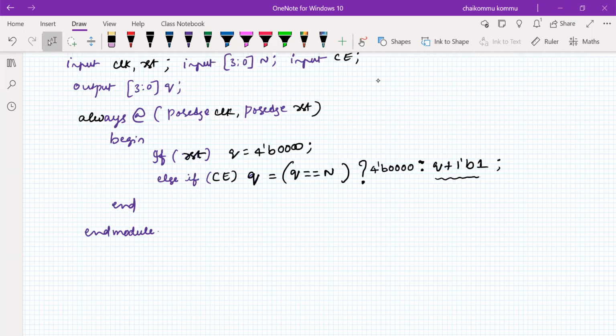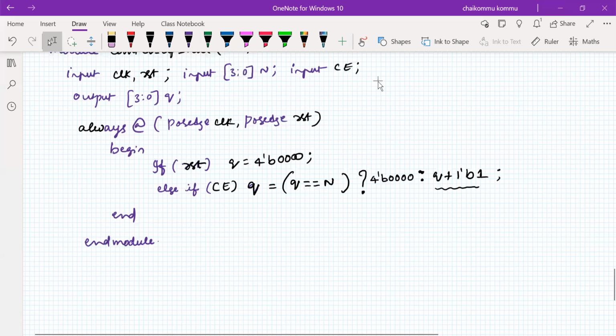Okay. So therefore, can anybody say whether count enable is an asynchronous input or a synchronous input? Anyone from the class? Is count enable synchronous to the clock or asynchronous to the clock, depending upon whatever I have written here? Anyone from the class? So count enable here, if we see, count enable is in synchronization with the clock. Okay. So that means according to the specification, the normal way that I have written here.